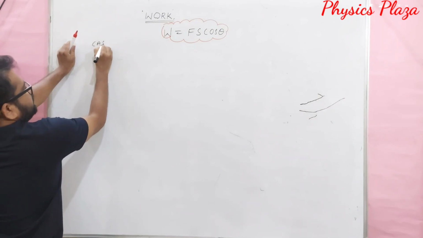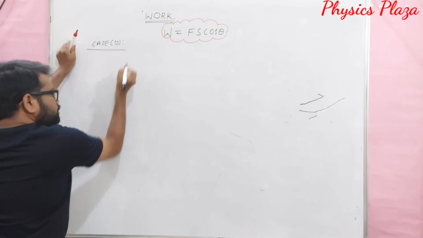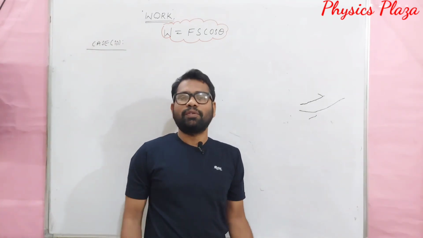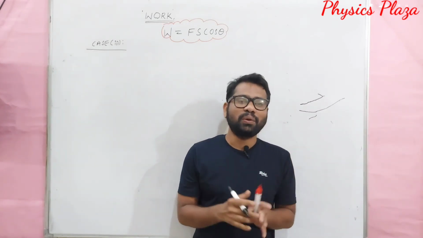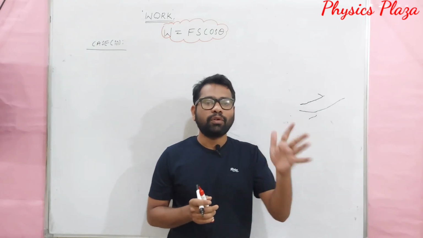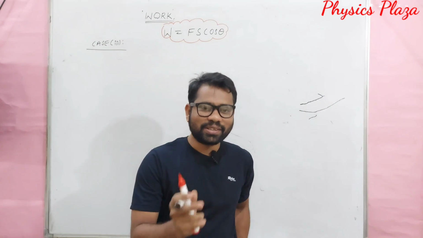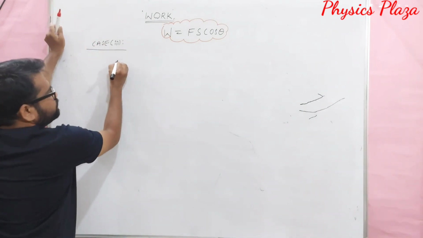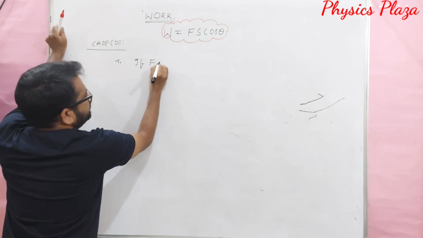Children, now let us see case 3, which is very simple, very important. In this case we are going to discuss when the work done is going to be 0. Very simple. When is the work done going to be 0, children? If we cannot apply the force, the work done is 0 only. Children, no force, no work done, no study, nothing. No need to learn even the units of work. Okay, it's not like that. Let us see, children. So W is equal to Fs cos theta. For suppose, let us take the force to be 0.